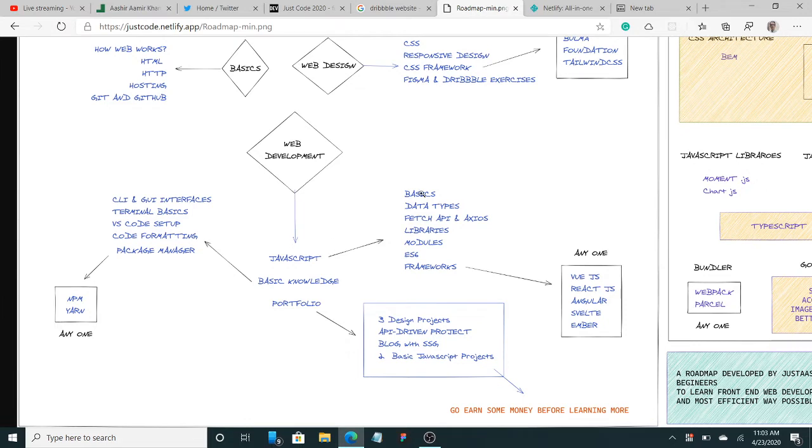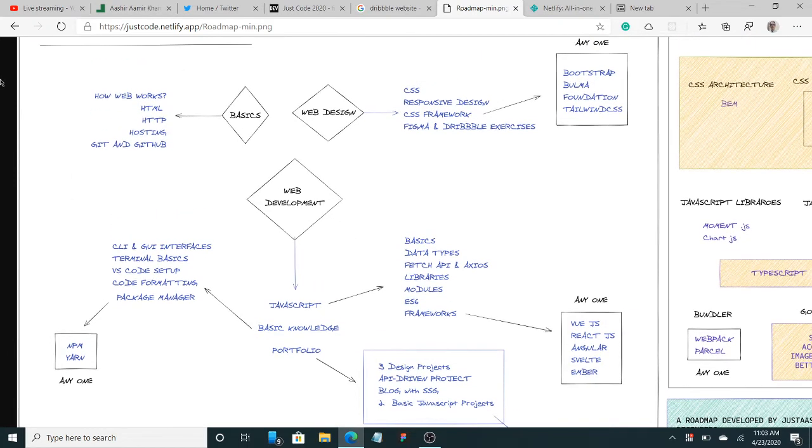So I will teach you the very basics. I will teach you functions and variables, then data types, arrays and these things, and then we'll move to libraries. I will tell you what libraries are, what modules are, and how Axios works, how we fetch data from an API, and how the web works.